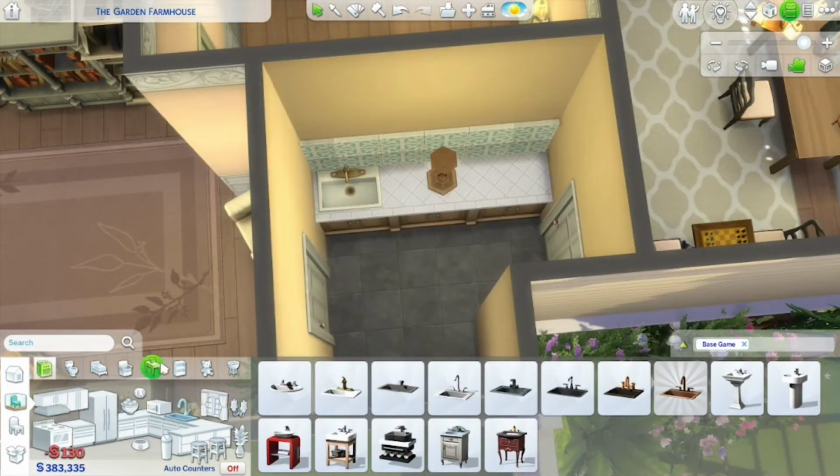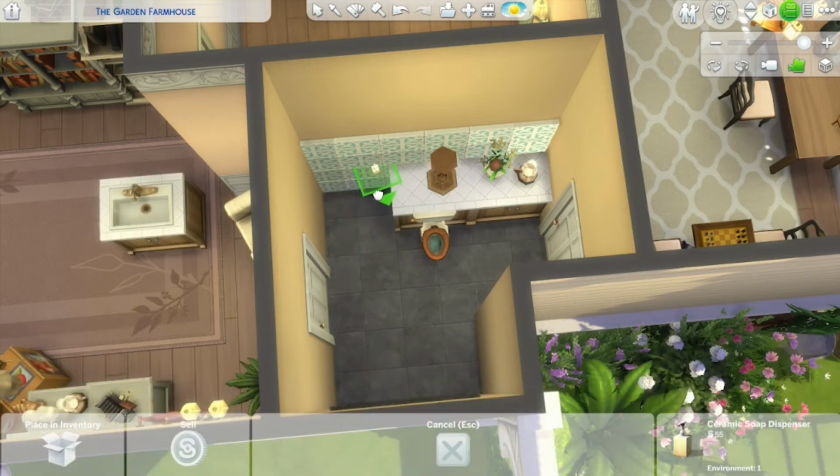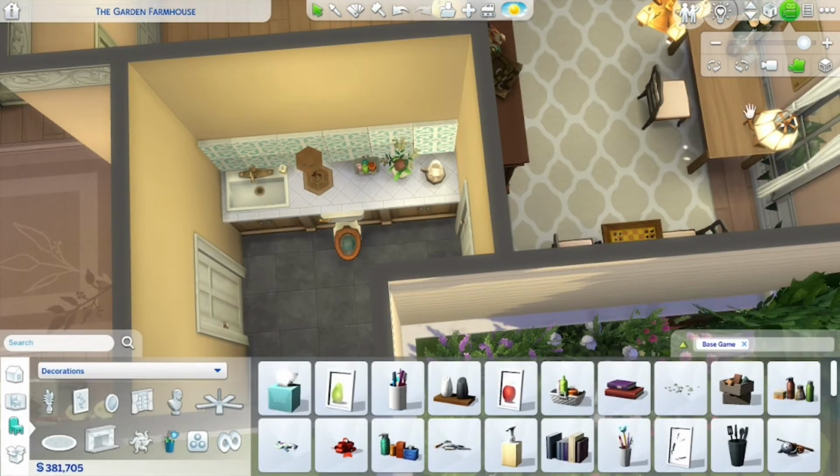This is the joint bathroom that the toddler and the art room use. It has a bathtub. But this is where I'm leaving you,